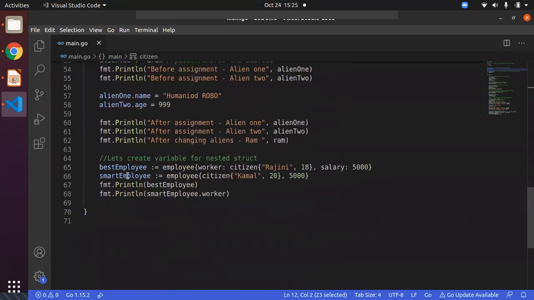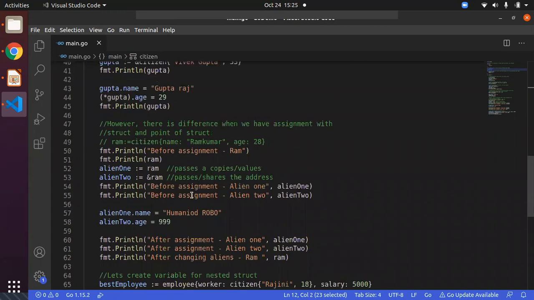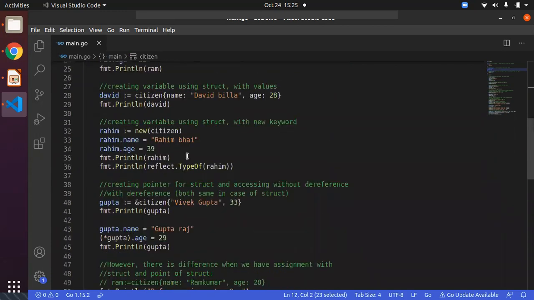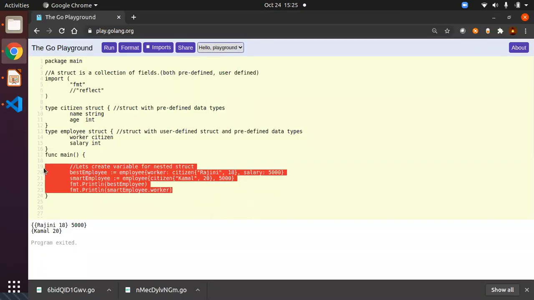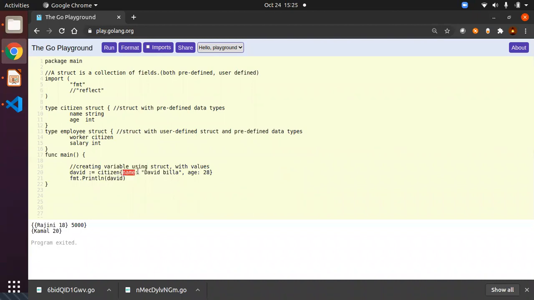Then we have seen the nested struct, so we can create a nested struct. Another point is that you don't need to provide the variable name every time you create the struct, like name and age. If you know the order and the value types correctly, you can directly pass the values as they are. So we will see that one more time. Let's go here and copy this code. Let's say I am not giving any name variable. I know the name is of type string and I know age is of type integer. I'm directly giving the values and trying to print it.